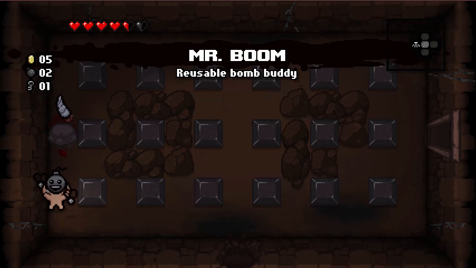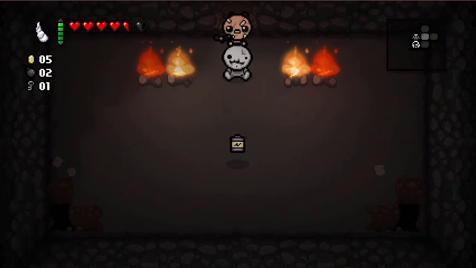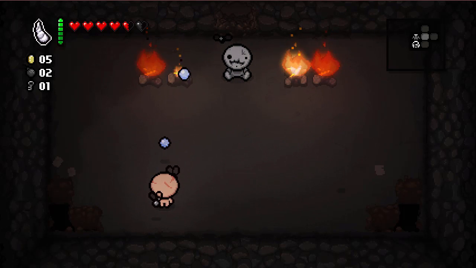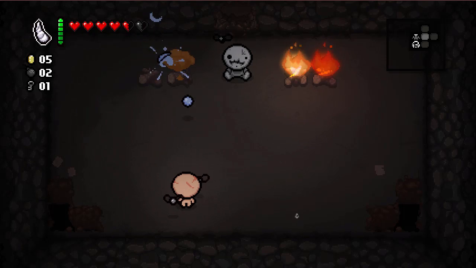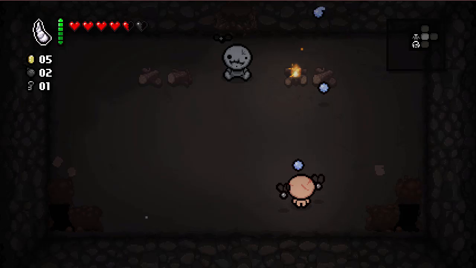So, do I take Mr. Boom over My Little Unicorn? I don't think that's a good idea. And it looks like this was a secret room. And it has a battery recharge, which isn't really very useful. That just means that my item instantly recharges. But it's only 1 room away from recharging anyway, so...